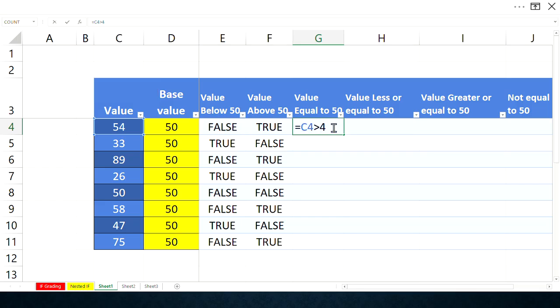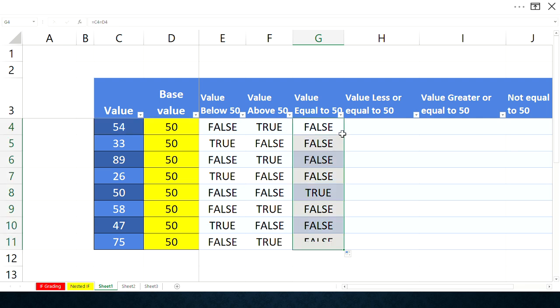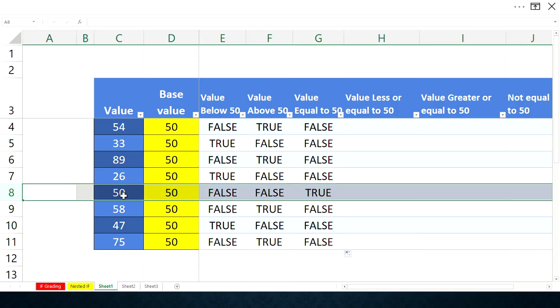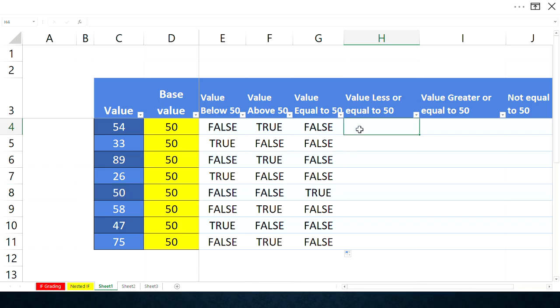Now in this case, we are testing whether the test value is equal to the conditional value. Is it equal to the conditional value? So here we shall see that there's only one condition where it is true, where the test value is equal to the conditional value, and in all others it is false. Likewise, go on to test